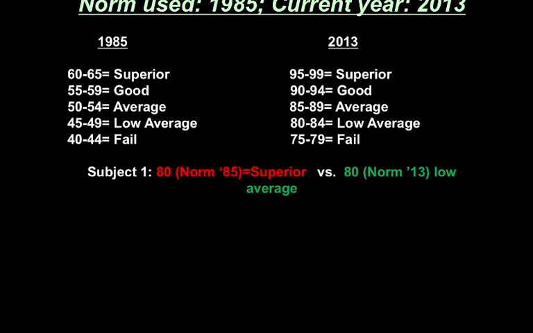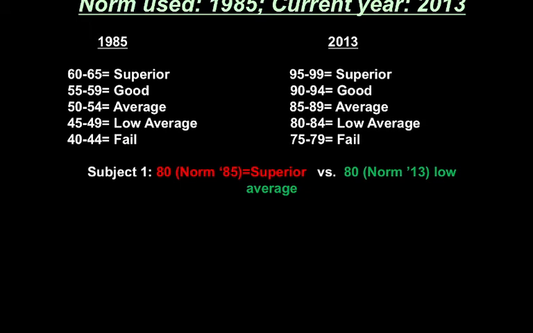Pero tignan mo kung sinunod mo yung tama. Gumawa ka, nag-develop ka ng norm ng 2013. Yung 80 na yan, in 2013, low average. See? Ang laki ng diferensya niyan ha. Superior, low average, big difference. Lalagpasan mo yung mean niyan eh. 'Di ba? From above the mean to below the mean. Yung transition yan eh. But if you're using a 1985 norm in the year 2013 and somebody gets an 80, you call that person superior. Ipapasok mo ngayon sa kumpanya mo yan.